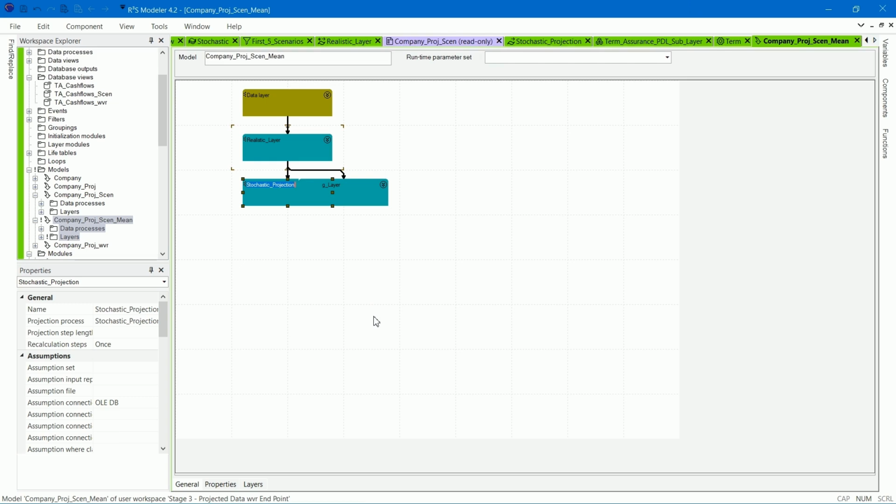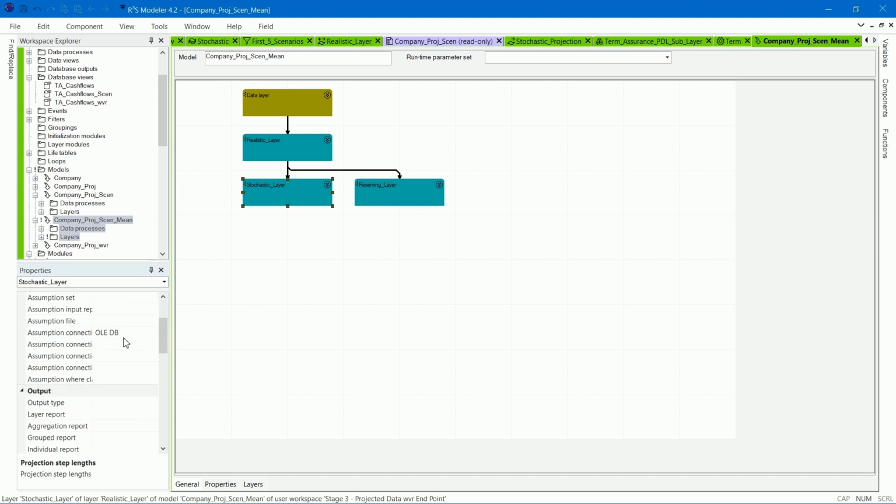Name the new layer stochastic_layer, and press Enter. Go to the Properties panel. Set the projection step length to 1 month and make sure the start date is set to Portfolio Date.